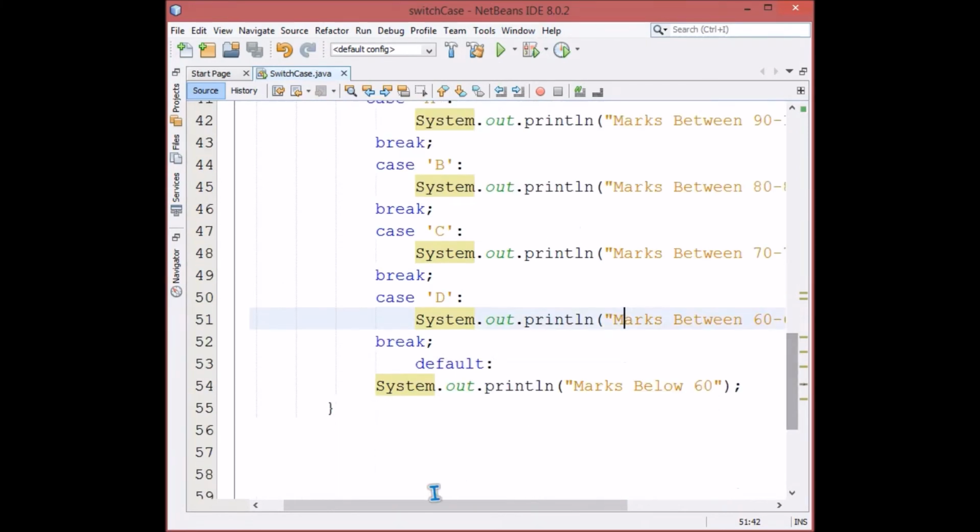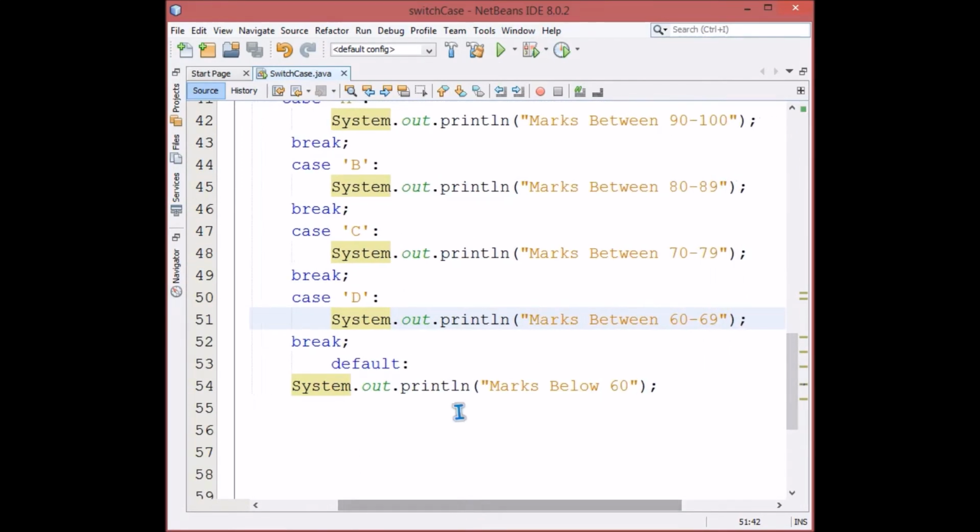One more thing I would like to add is, for example, we know that anything below C is below 79. So what we'll do, we will delete all this.